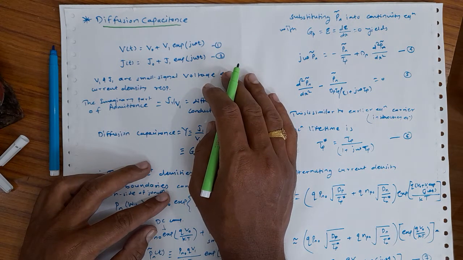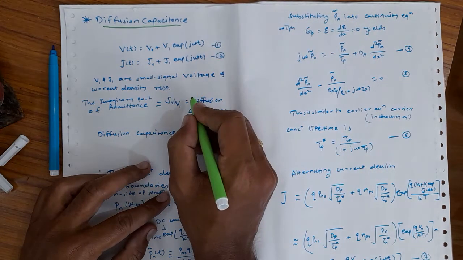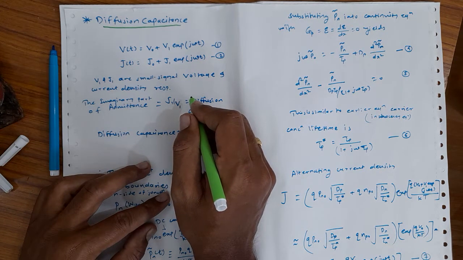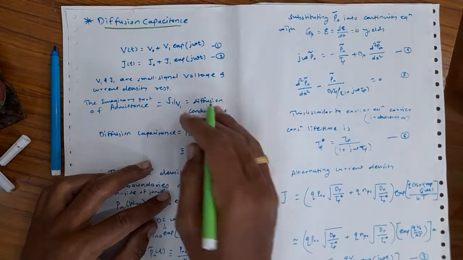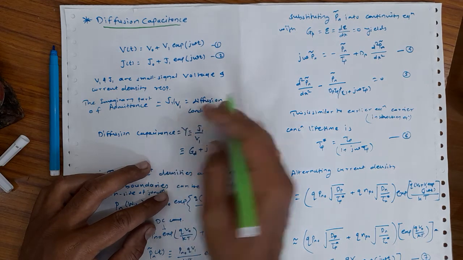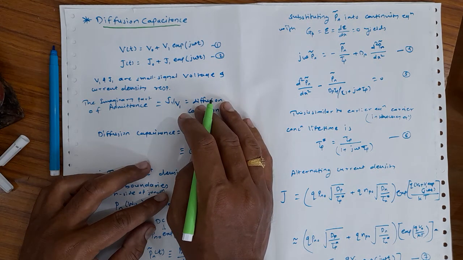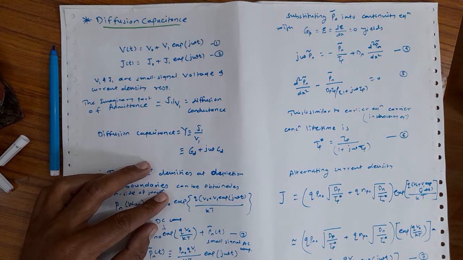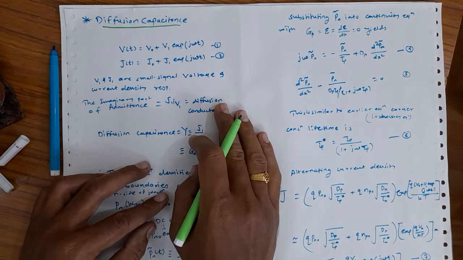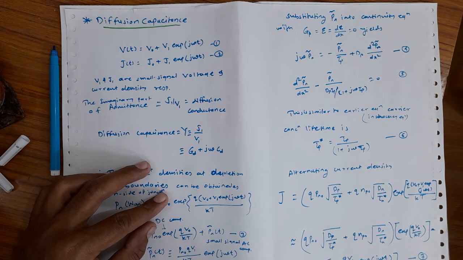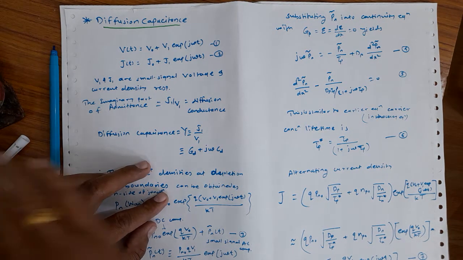When we consider forward biasing of the junction, there is a significant contribution to the junction capacitance from the rearrangement of the minority carriers, the minority carrier density, the so-called diffusion capacitance. In other words, the contribution to the junction capacitance is because of the injected charges, while the depletion layer capacitance is coming from the depletion layer charges.